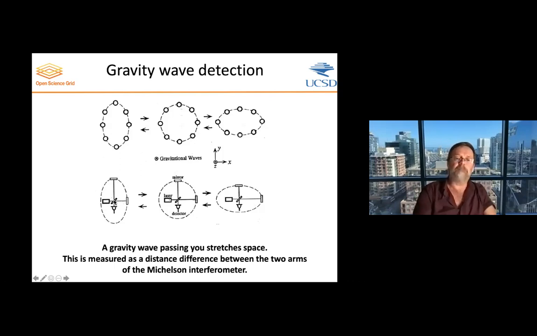And then it reflects back. It reflects back, and they then get split again. Half of it reflects here, half of it goes through, and then here you put a detector, and the detector literally measures a superposition of the light that was reflected here and the light that was reflected here. And depending on how space was elongated or compressed, you will have created a phase difference between the light that reflected here and the light reflected here.